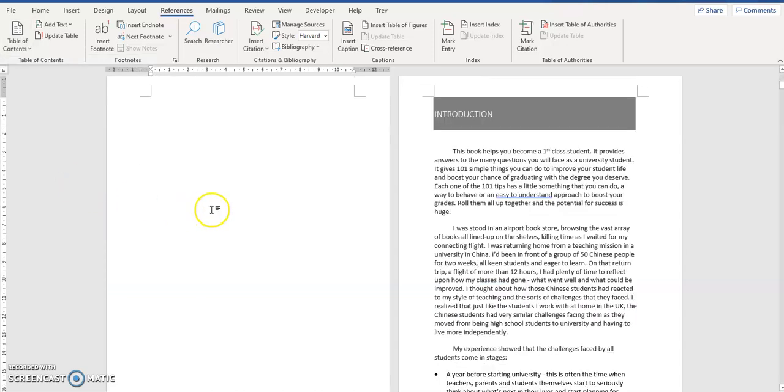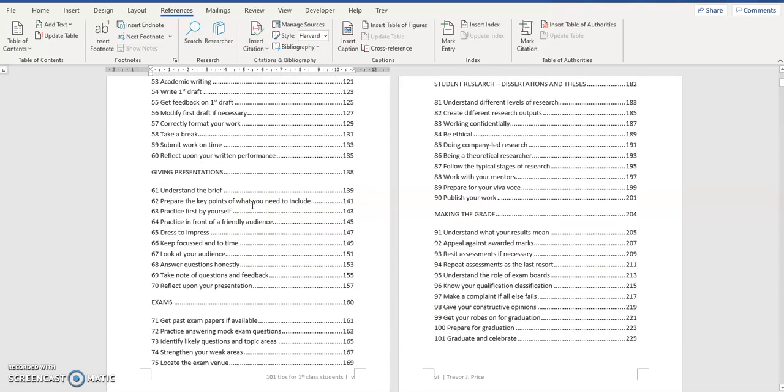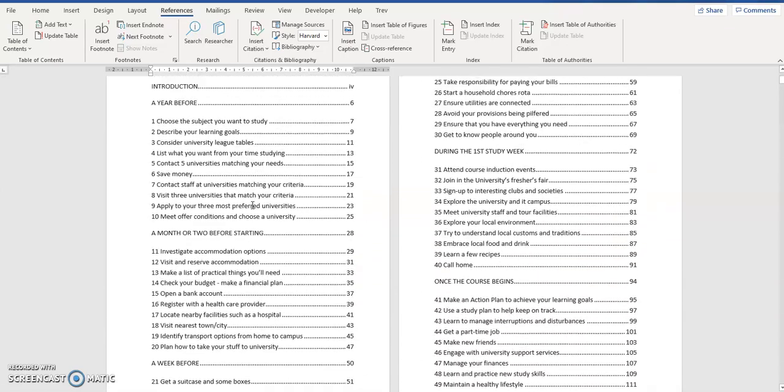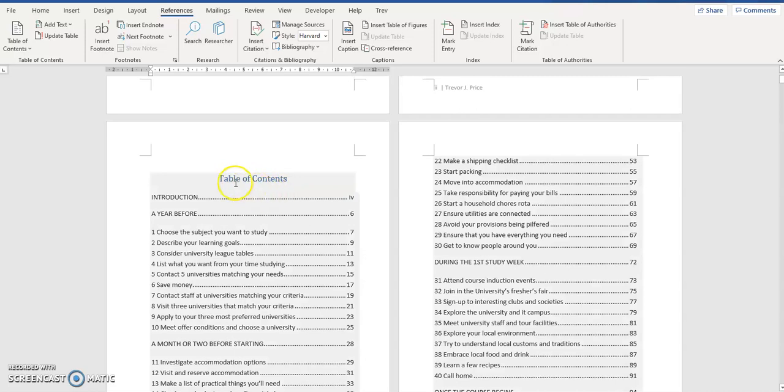Wait for a moment. The computer software thinks about it, and it inserts automatically the table of contents, picking up the headings 1 and the headings 2, the subheadings, appropriately. And also in this context, in my document, it's picked up headings level 3 as well. And it's automatically populated this table of contents with dotted lines over to the page numbers. So this is a